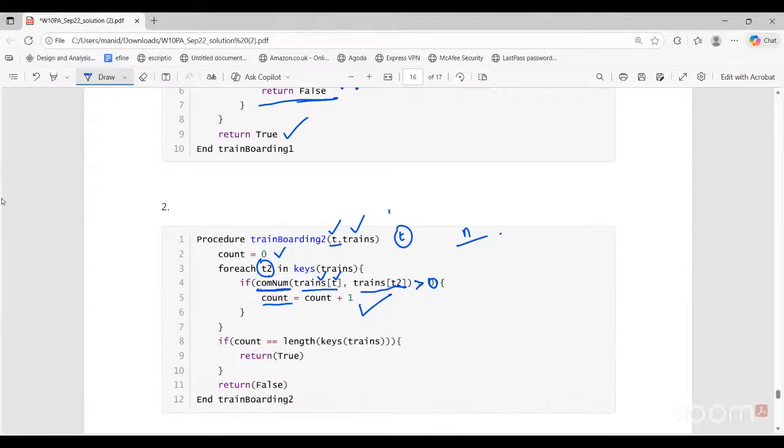N times. Minus 1? Yeah, because T is one of them. So T will also be compared with itself, right? For that also, a count of one will be added. So in total, n times it should be incremented if T has common stations with every other